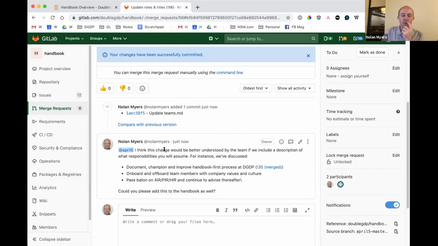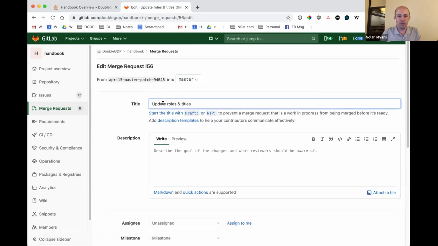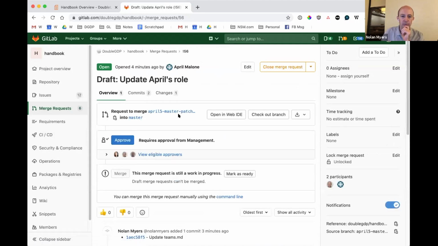So April, what I would like to do is use this and actually update April's role. And I'll actually prefix it with a draft, so I know not to merge this in yet. So let's do this as a compound merge request.